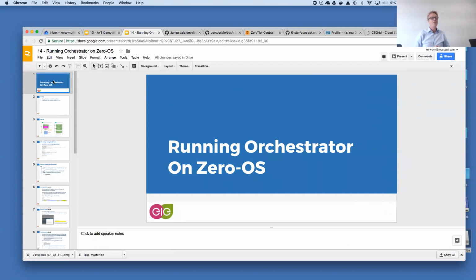Until now, we always have been using the Jumpscale 9 developer environment, typically the Docker container, in which we manually installed the Orchestrator. Now, even while we won't be doing that again in the future, for those that have attended all the sessions about installing the Orchestrator manually in the Docker container, much of the things that you learned there still are relevant today. Some of these things won't be covered too much today, but still are important.